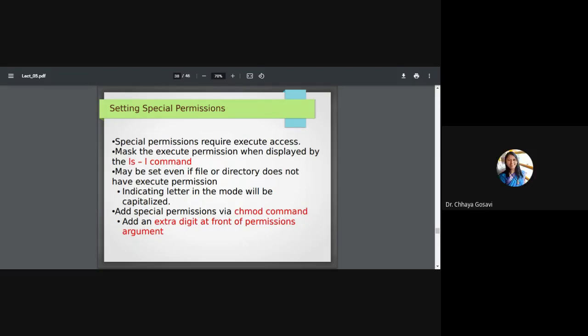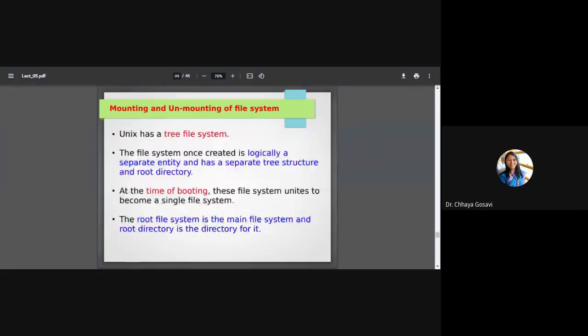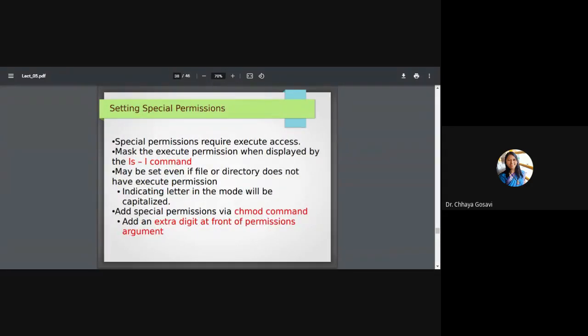So the mask hides the execute permission when displayed with the ls -l command. So it may be set even if the file or directory does not have execute permission, indicated by the letter in the mode being capitalized. All special permissions via the chmod command are granted by adding an extra digit at the front of the permission argument. So various settings and special command permissions we can see in ls -l, the commands of the file or permission for